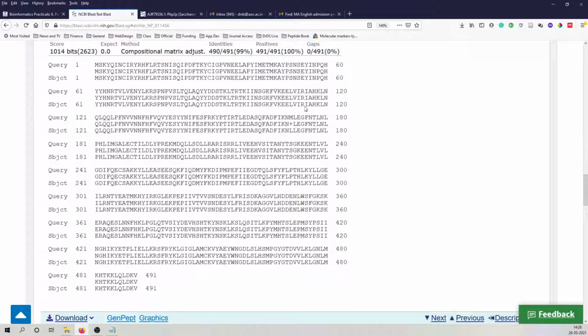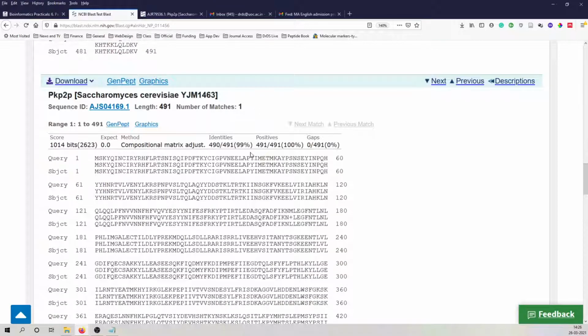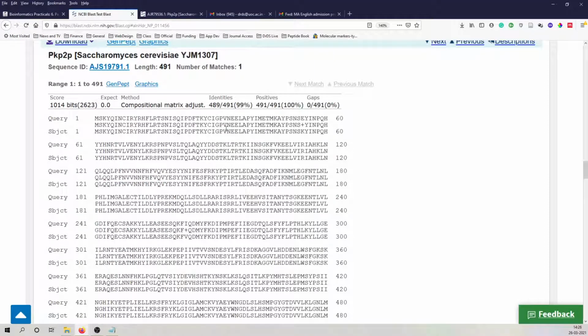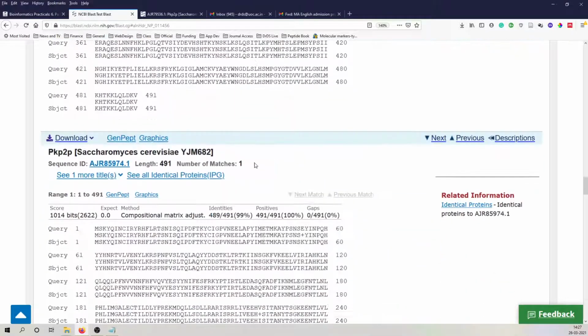So when we come down, the similarity will decrease. For example, here in this case, 489 out of 491, 2 are different.